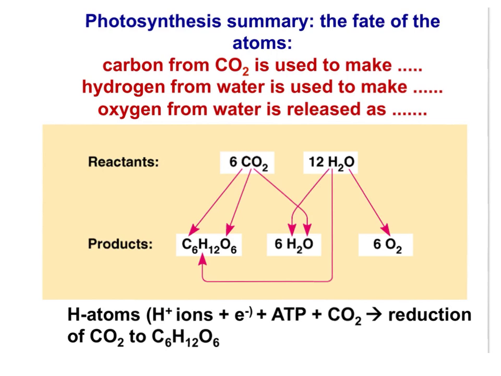Carbon from carbon dioxide is used to make glucose. Some of the oxygen in carbon dioxide is also used to make glucose. Hydrogen from water is used to synthesize glucose, but some of the hydrogen also remains in water. All of the oxygen released as a waste product from photosynthesis comes from the photolysis of water. Hydrogen ions and electrons carried by NADPH, along with ATP and carbon dioxide, are required to reduce carbon dioxide to